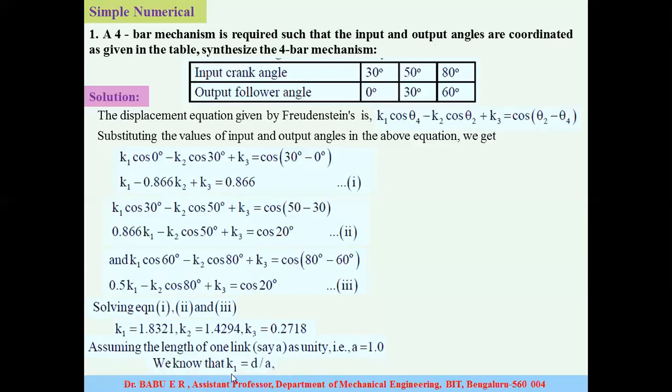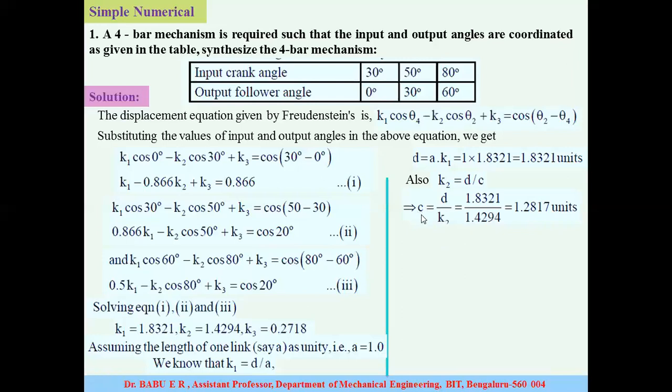We know that k1 is given as d by A. The value of k1 is 1.8321 and the value of A we assume as 1 unit, so easily we can find the value of d. Therefore d, which is A into k1, equals 1.8321 units. Similarly, we know k2 is given as d by c. The value of d is 1.8321 and k2 we got earlier as 1.4294. On substitution,